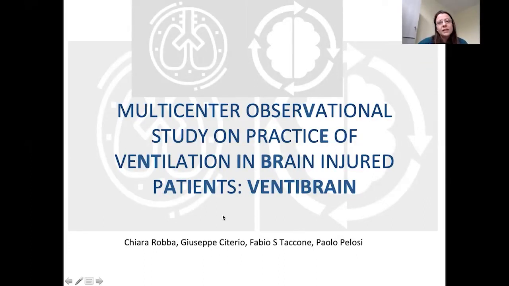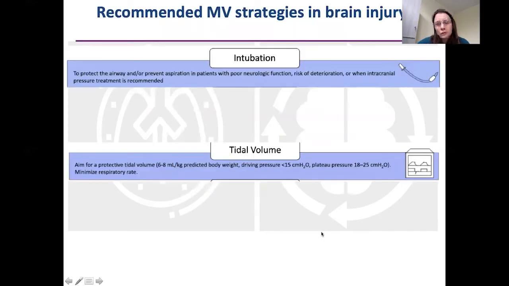We have 184 centers, and this is going to be a large multi-center observational study where we will aim to assess basically the clinical practice regarding ventilation in brain injured patients and the occurrence of pulmonary complications in these patients. And we will also make some analyses about subgroups with increased intracranial pressure or with pneumonia and ARDS. While we are waiting for the results of this, I just want to give you some clinical recommendations,